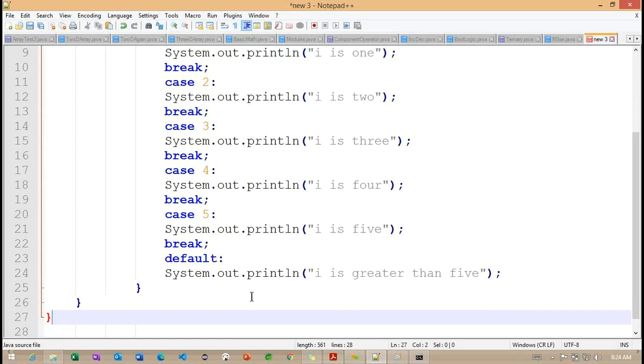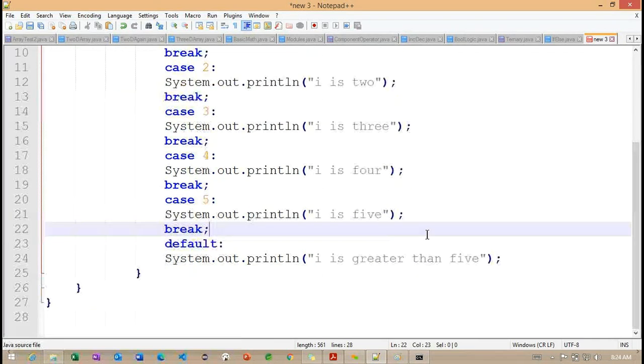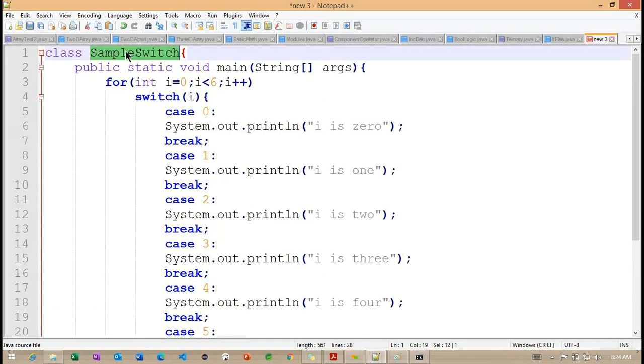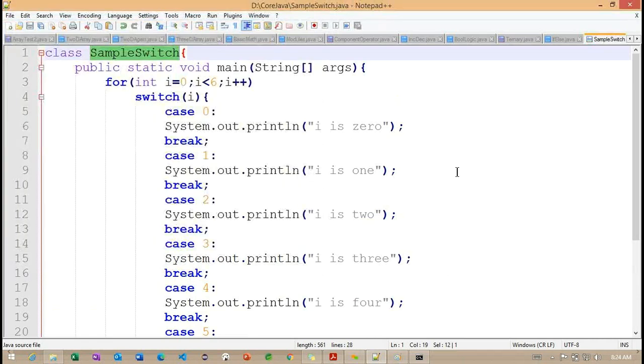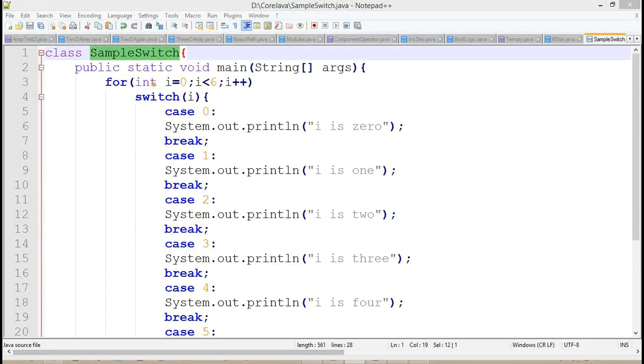Getting the point? So we open 3 braces here, and we're closing 3 braces here. Observe carefully. First, we need to save this current example, SampleSwitch.